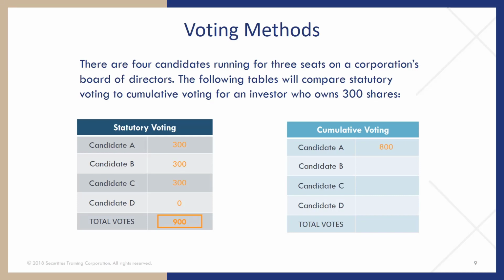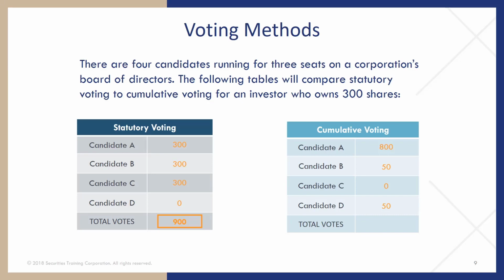In cumulative voting, you can have 800. In other words, you have 900 total votes, which you can allocate any way you want. And 50 for candidate B, none for candidate C, and 50 for candidate D. Theoretically, candidate A could have received all your 900 votes. And again,